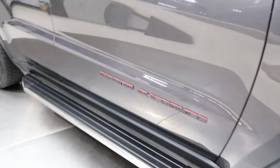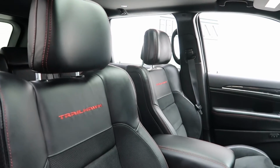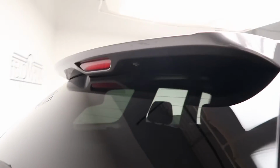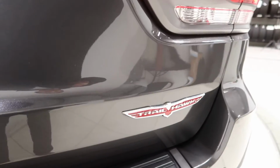Running boards. Grand Cherokee badging. Black leather interior with Trailhawk stitched in the back. Sunroof. Rear climate controls, rear roof spoiler, trailer hitch, 4x4 Trailhawk badging, power liftgate,